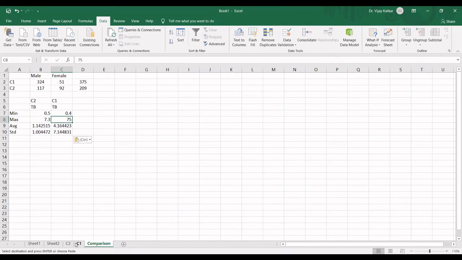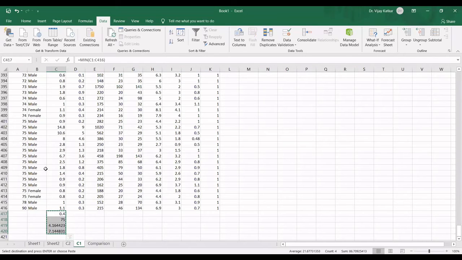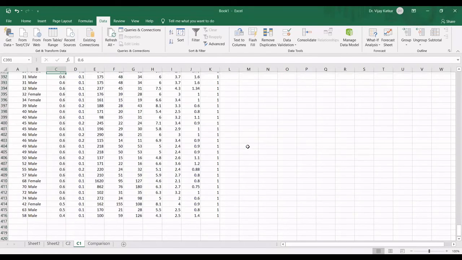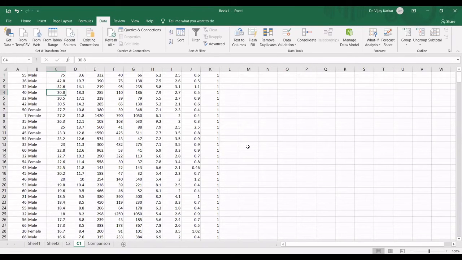Let us check. If I want to eliminate the outliers, how can you do it? Simply go to column C, Z onwards. We know these values are extremely high, and we saw that these are outliers.